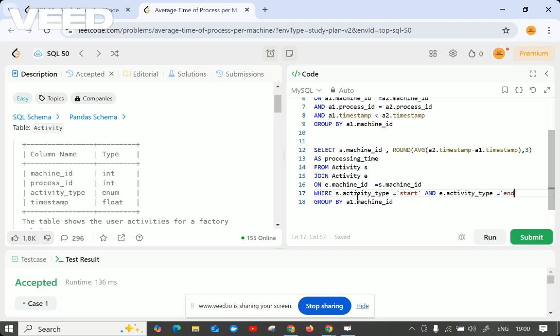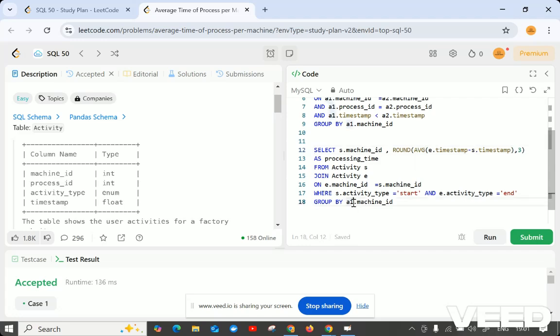If it is a start activity or end activity, we have to get those mission IDs, and the difference between the end and start timestamps, rounding up to 3 and giving the aliasing name as processing time. This will also work because we are checking the activity type as start and end, making sure that only those IDs' timestamps get averaged and rounded up.